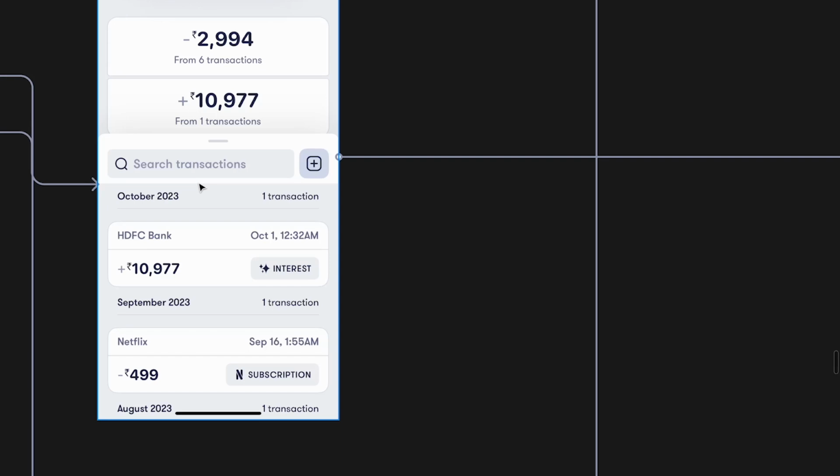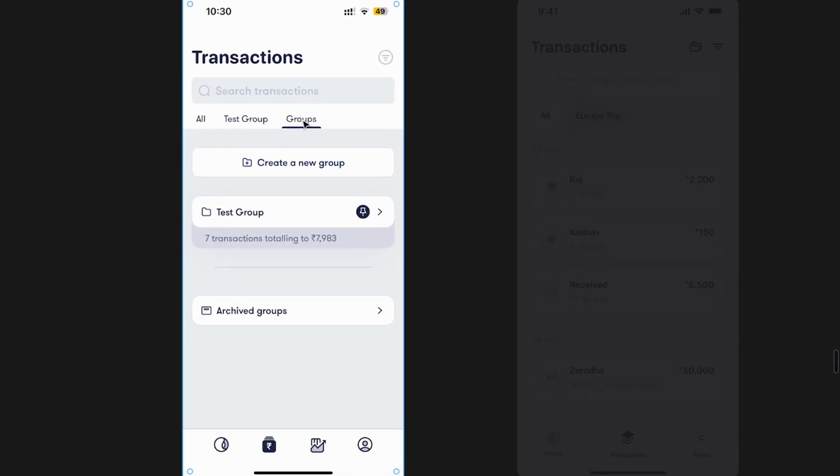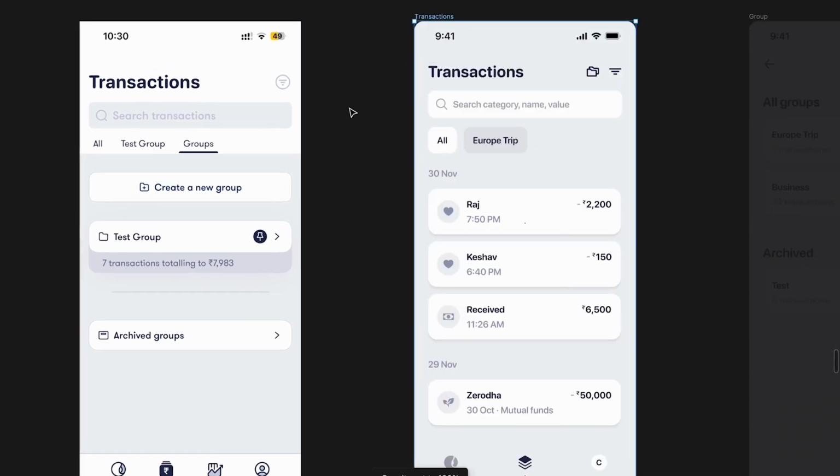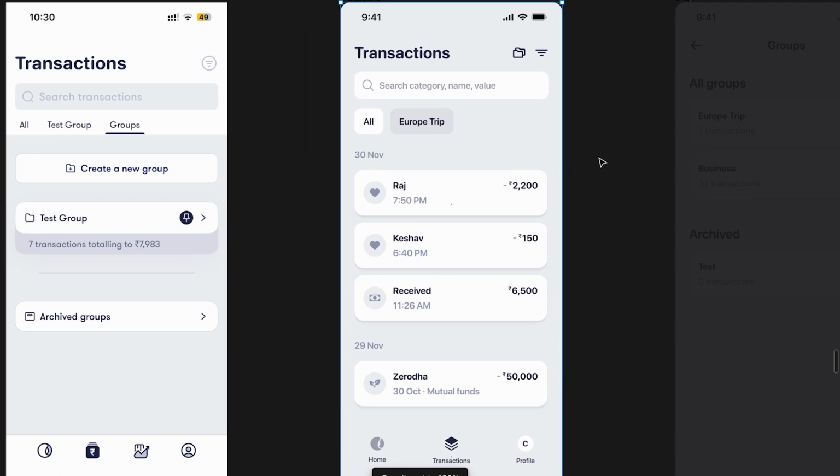You can find it in a separate video when I talk about the entire search experience. All right, perfect. So now let's go ahead and look at the screens one by one. We're going to start off with this screen, and this is how groups currently is. If you've seen the transactions video, this is the final screen of how the transaction screen would actually end up